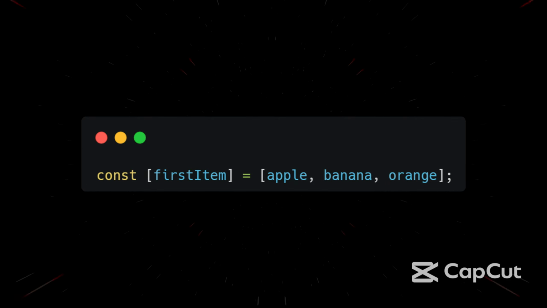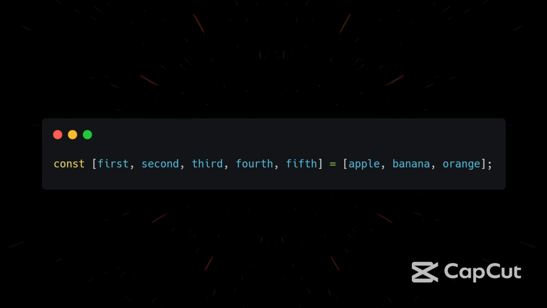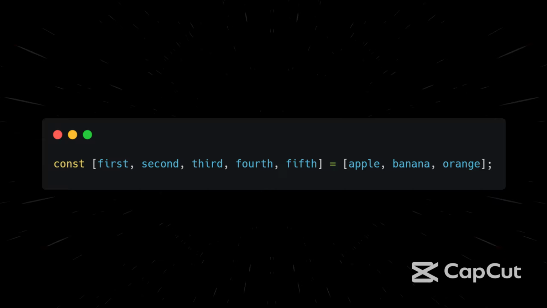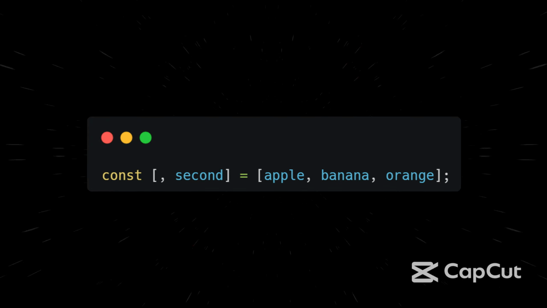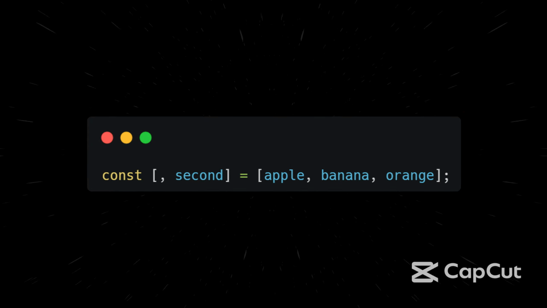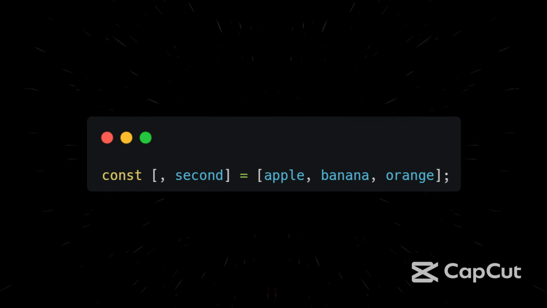We can also extract multiple items at once, even if the array is smaller than the number of variables we declare. Since our fruitTypes array only contains 3 items, 4th and 5th will be undefined. But what if we only wanted the second item and not the first one? We can tell JavaScript to skip the first item and go directly to the second one using a comma, like this. With this comma, JavaScript knows that the first item is ignored,